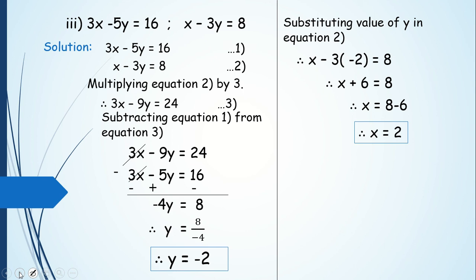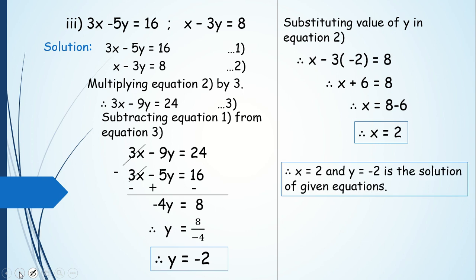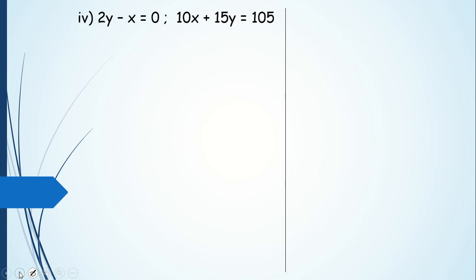Students, if you think that you are still getting confused in the signs, when it becomes minus while adding, when it becomes plus while multiplying, what are the rules? There is a video made on rules especially. You can go through the video and get the rules clear very much in your mind. Otherwise you are going to go wrong in these sums, because everywhere you are going to deal with signs here, plus minus, minus plus. So therefore x is equal to 2 and y is equal to minus 2 is the solution of the given equations. Let's proceed.